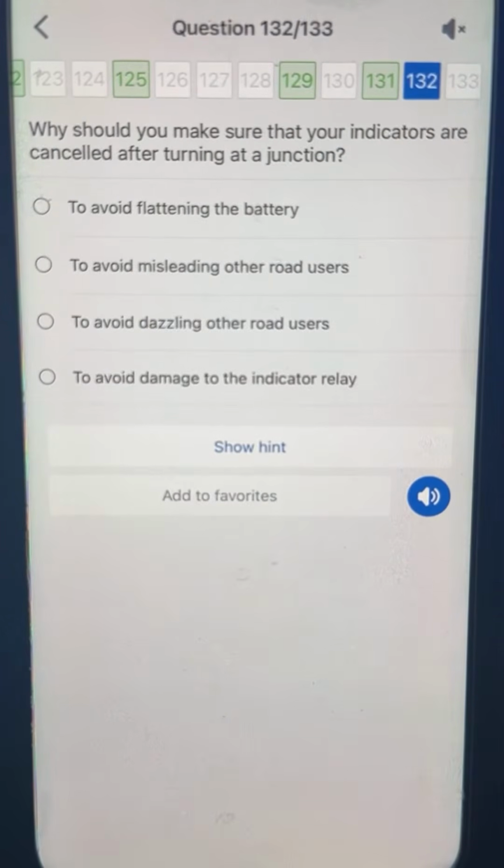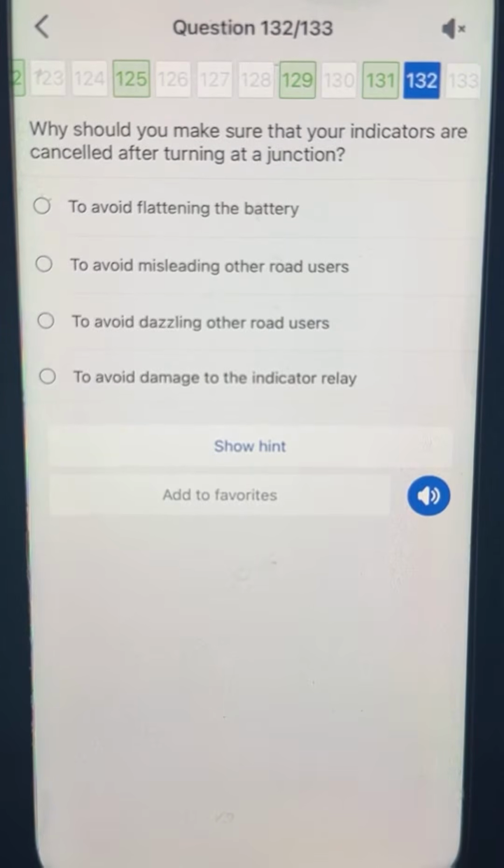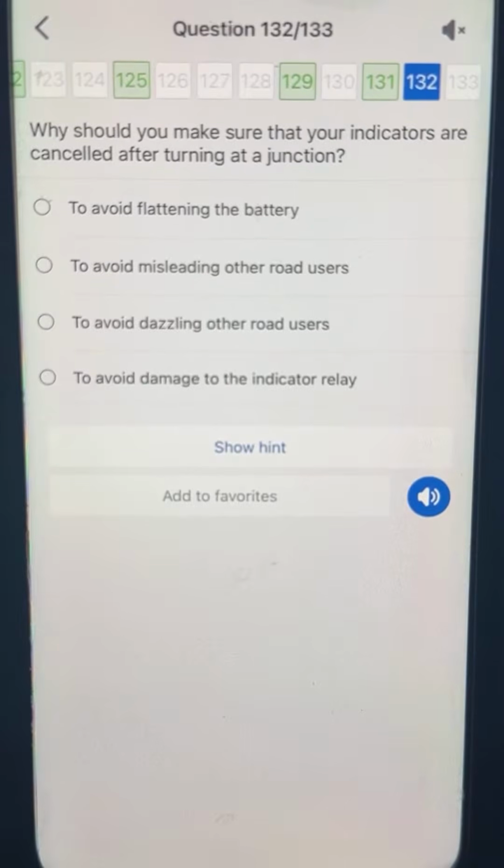Good. So why should you make sure that your indicators are cancelled after turning at a junction? Think about it. We use an indicator every time you want to turn left, you should be giving a left signal. You want to turn right, you should be giving a right signal. You want to change lane, you should be giving a signal. You want to pull up on the side, you should be giving a signal. The problem here is that we're using signals to give information to the traffic around us. But if, for example,